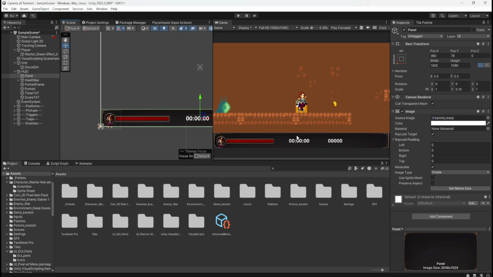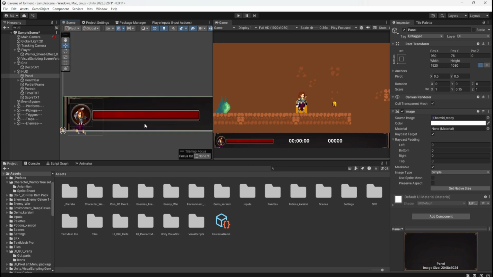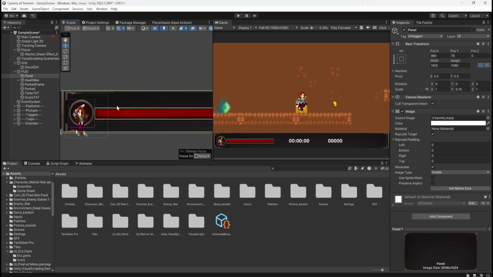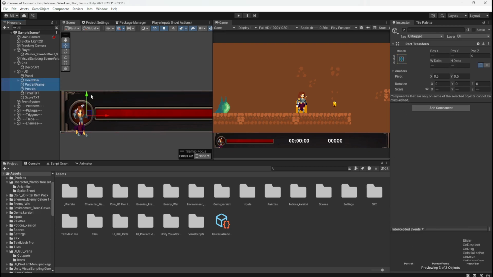Obviously I'd have some text to say time and score. I wouldn't want to have it any bigger because you don't want it to distract from the gameplay. It's kind of like that bar. This section here could come down a tiny bit more.